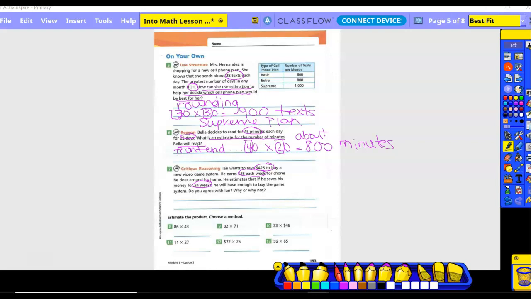So could I just do compatible numbers? Yep. Okay. So I could take 25, right? Because 25 is close to 24. Yeah. Okay. And then what am I going to do here? Times, well, let's not do 15. Could I say 20? But this is money. So do we want to be on the high end? No. We want to be on the low end. So let's do 10. So that would get